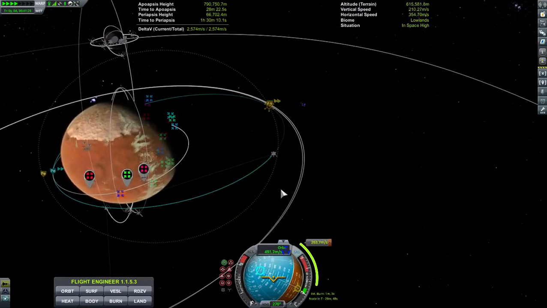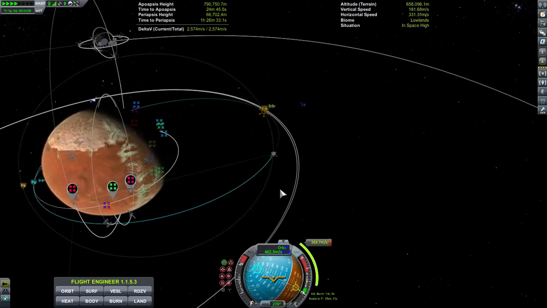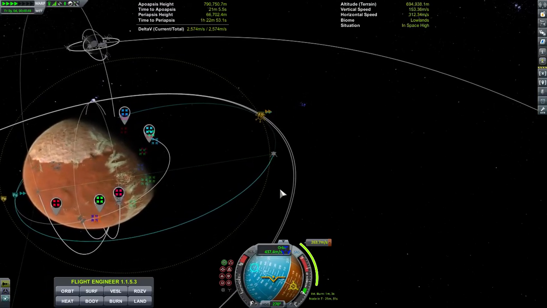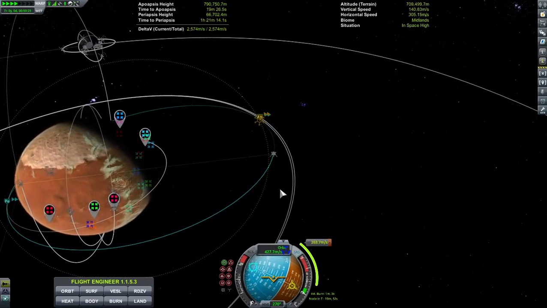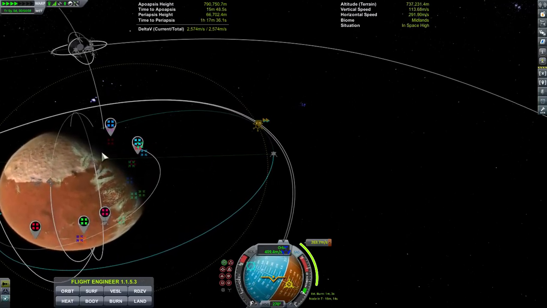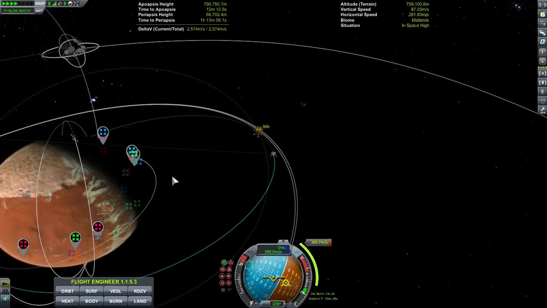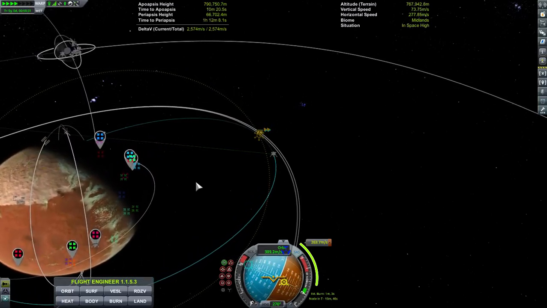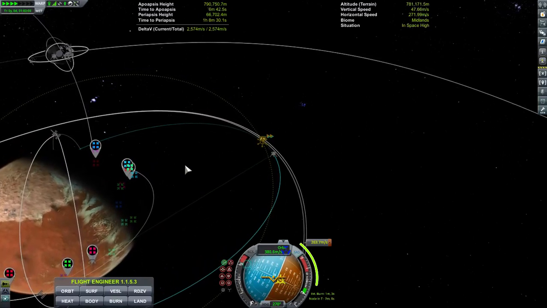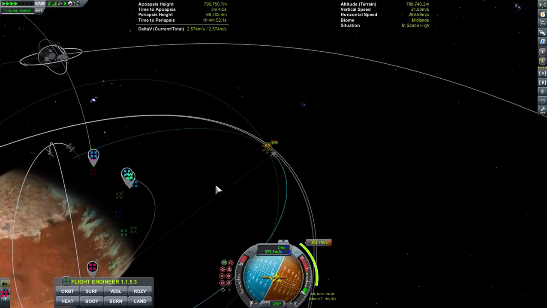I need that trajectories mod so I can know when and where to make the burn to land on a certain point or close to a certain point. Got a couple of satellites going over. There's the station M1. It is a laboratory. I think I can dock with it, but I'm thinking the docking port is the small docking port junior, so I don't